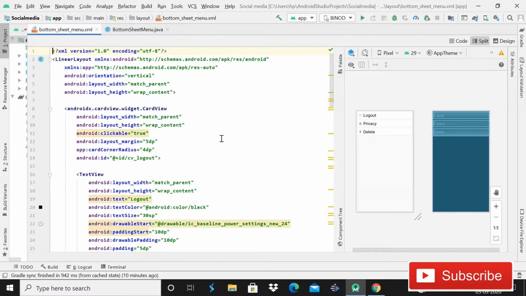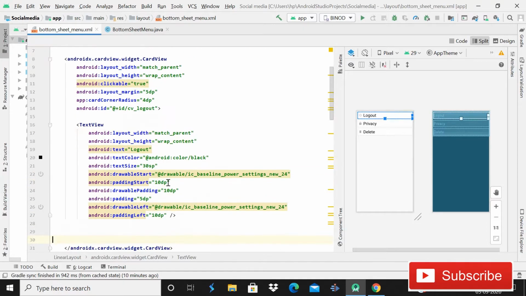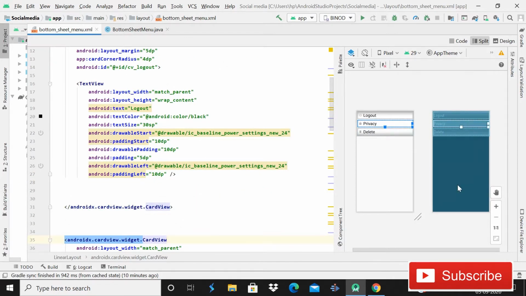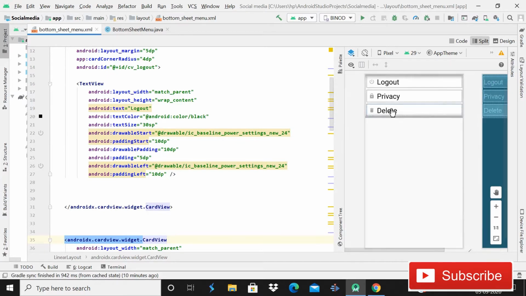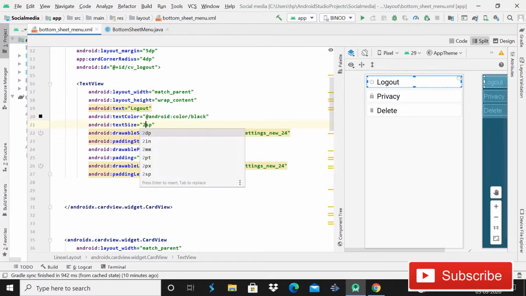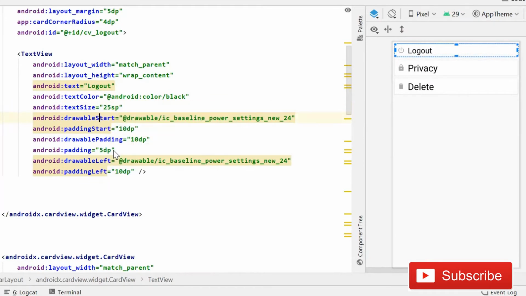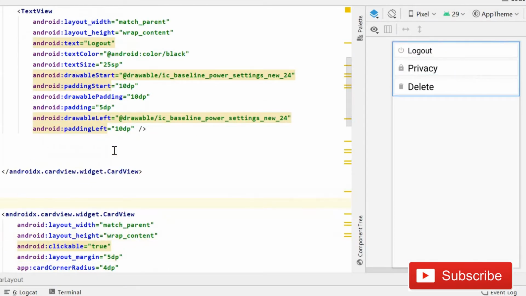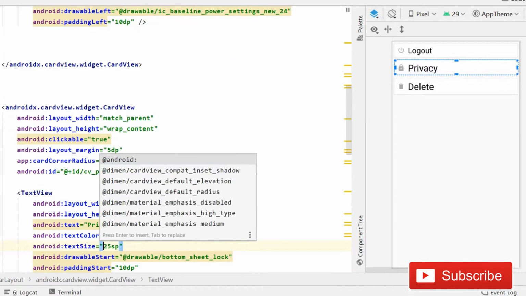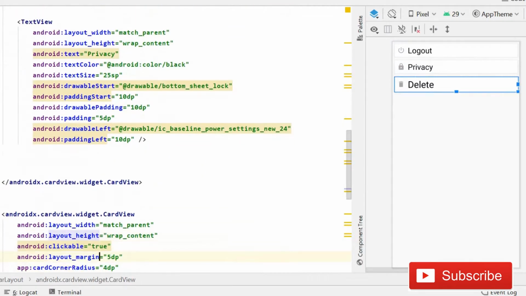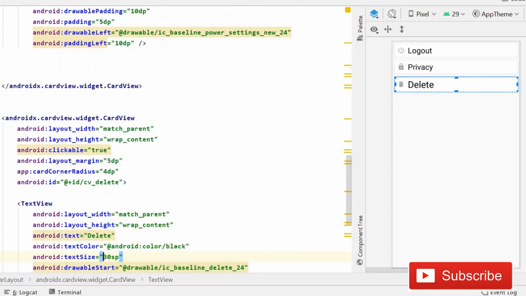So guys, first of all, as you can see, this is our bottom sheet. And here you can see that this text view, I mean this text size, is too big. So first of all I will make this text small. Instead of 30 dp, the text size is 30 dp, so I will make it 25. Yeah, so it will look a little bit smaller and also good. These are the small things that can enhance the user experience, so instead of ignoring it, you have to just make it better.